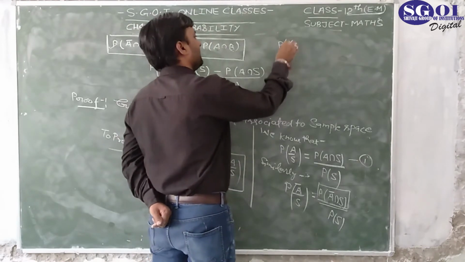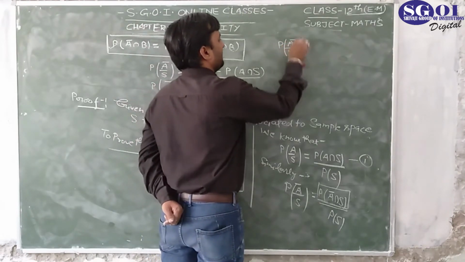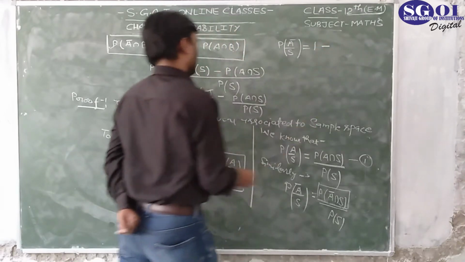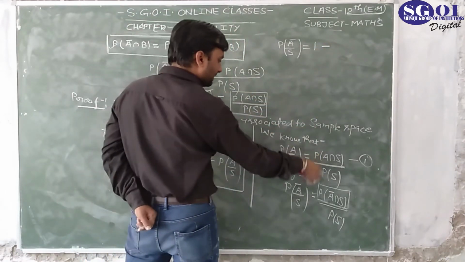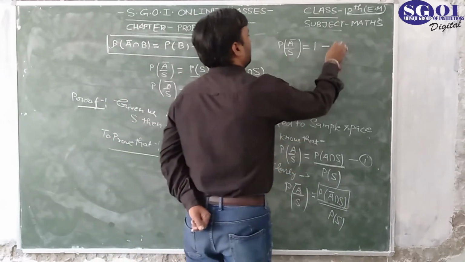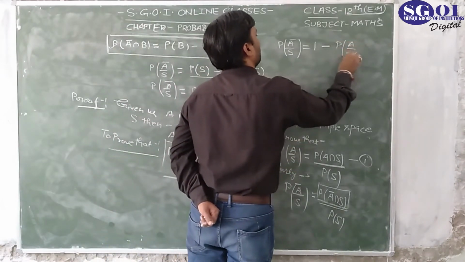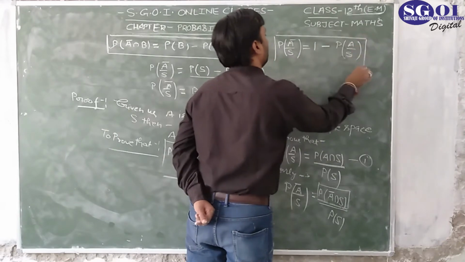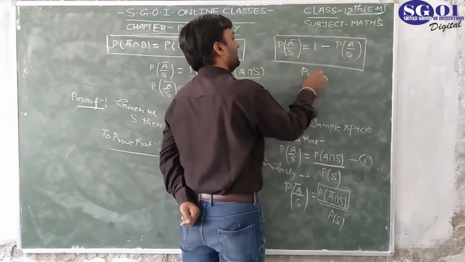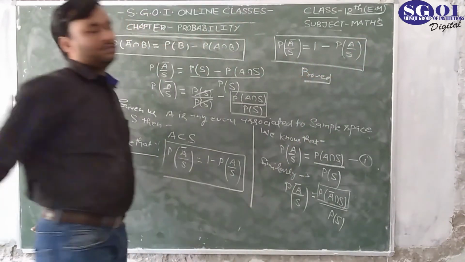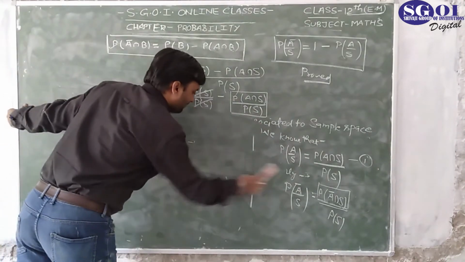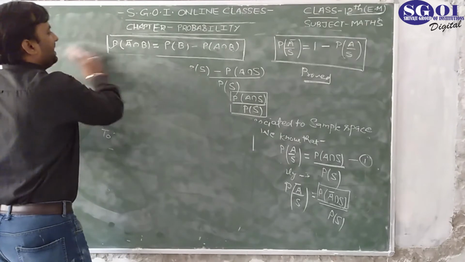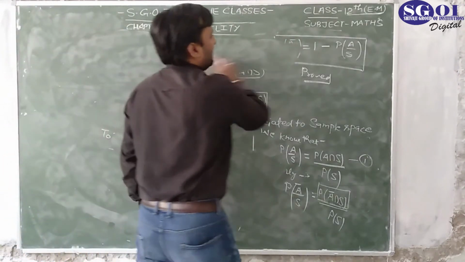The probability of A bar given S is equal to 1 minus, what is the value of this portion? The value of this portion is probability of A given S. So this gives us 1 minus probability of A given S. Here is the proof of this theorem, which we had to prove. This is theorem number 2 for conditional probability. In this way we can prove another theorem